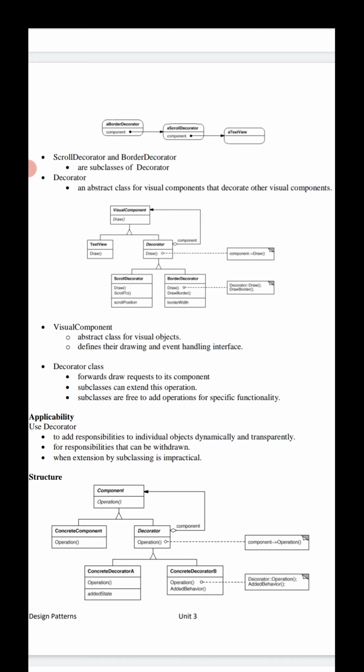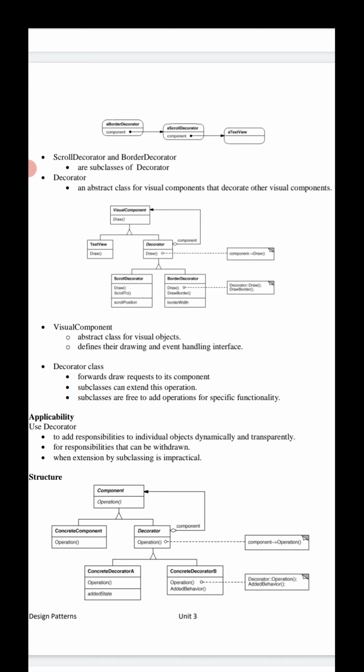So they don't depend at all on the decoration design pattern. The decorator class forwards its draw request to its particular component, and the subclasses can extend this operation by adding additional operations for specific functionality.